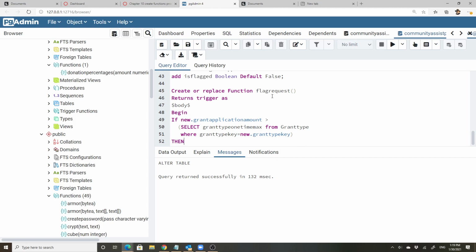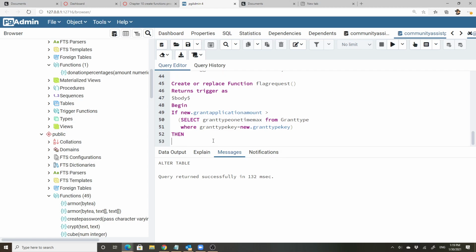What do we do if that if is true? A couple of things that I want to note here. New is the information being inserted at this moment or updated for this trigger. So it captures what's coming in and compares it to what is there. If this new grant amount that they're requesting is greater than the max for that grant type key, and it again is getting the grant type key from the new record, the new insert coming in, then what it's going to do is